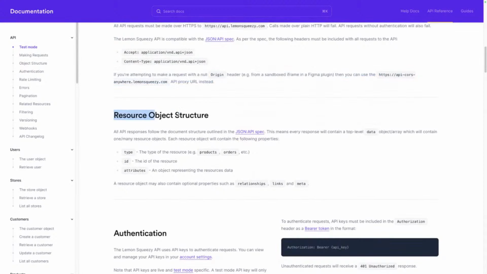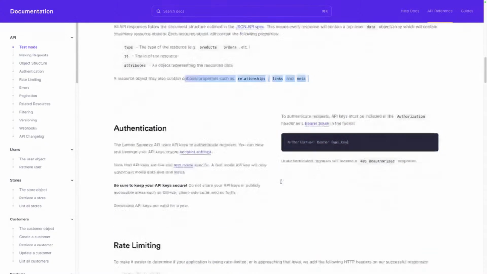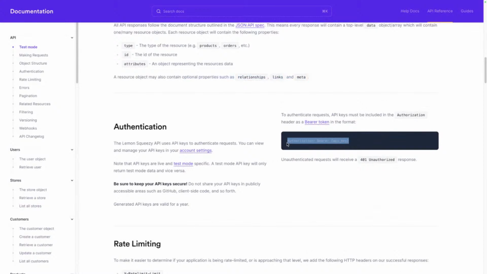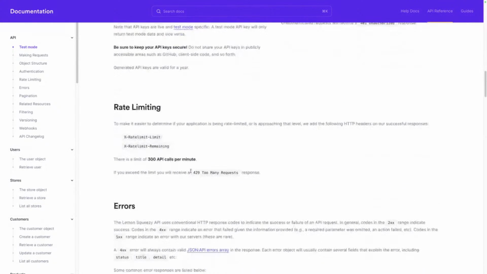Resource object structure. All API responses follow a document structure outlined in the JSON API spec. We've got a type, an ID, and we've got attributes. It could also contain optional properties such as relationships, links, and meta information. We use authorization bearer tokens. It will be rate limited. There's a limit of 300 API calls per minute,